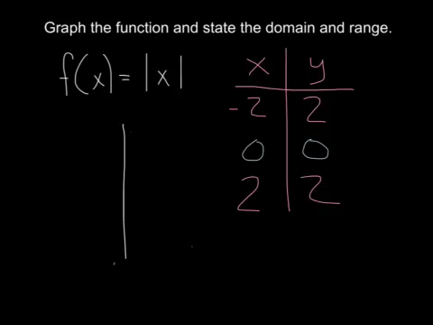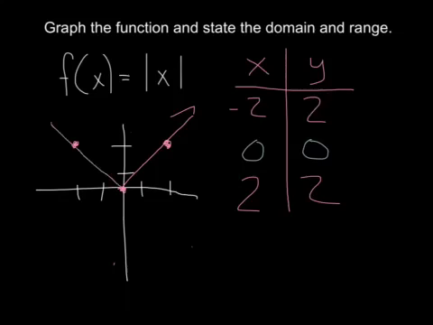So let's give ourselves a coordinate plane here, and we've got the points negative 2, 2. That would be here. Let's give ourselves a point there. We've got the point 0, 0. That's going to be right here at the origin. And we've also got the point positive 2 up 2, which is right here. And if we connected these, we're going to get this